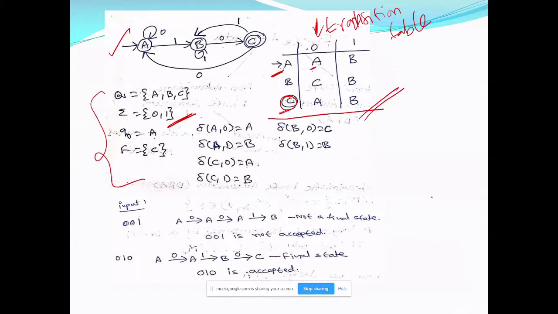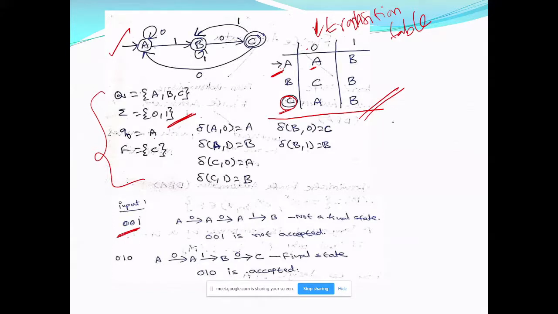Right? Now look at this: how your DFA is going to take the inputs and process. For example, I am giving the input 0, 0, 1. Now let me see what happens if the string 0, 0, 1 is given as input to this DFA.